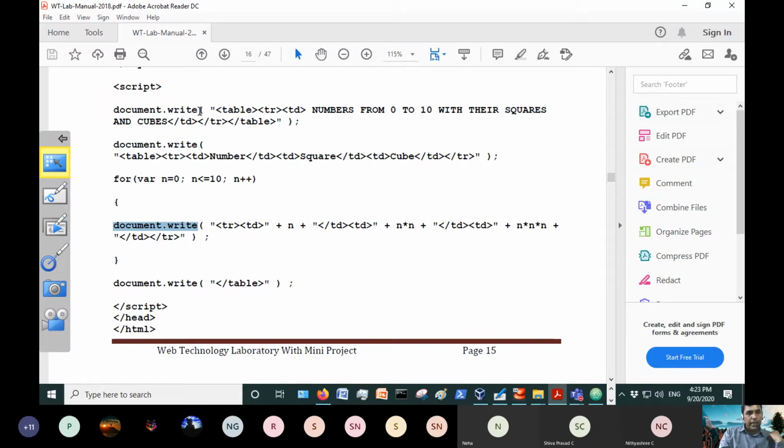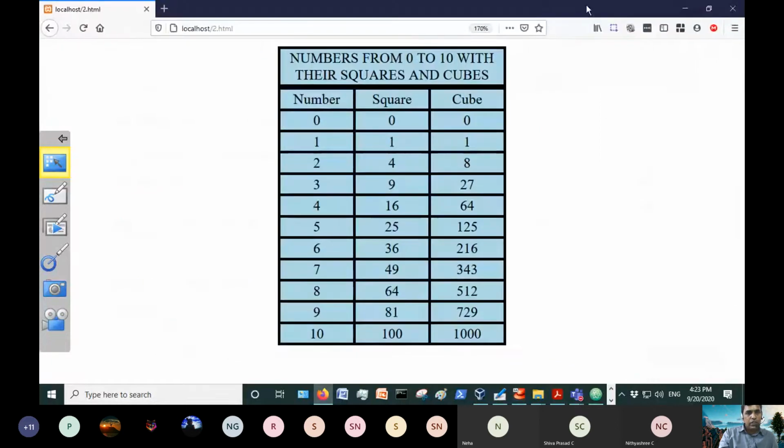Now, what is this document.write? Again, it begins with a parenthesis and ends with a parenthesis. In between, first, if you see the program, before displaying number, square and cube, I should create a table.